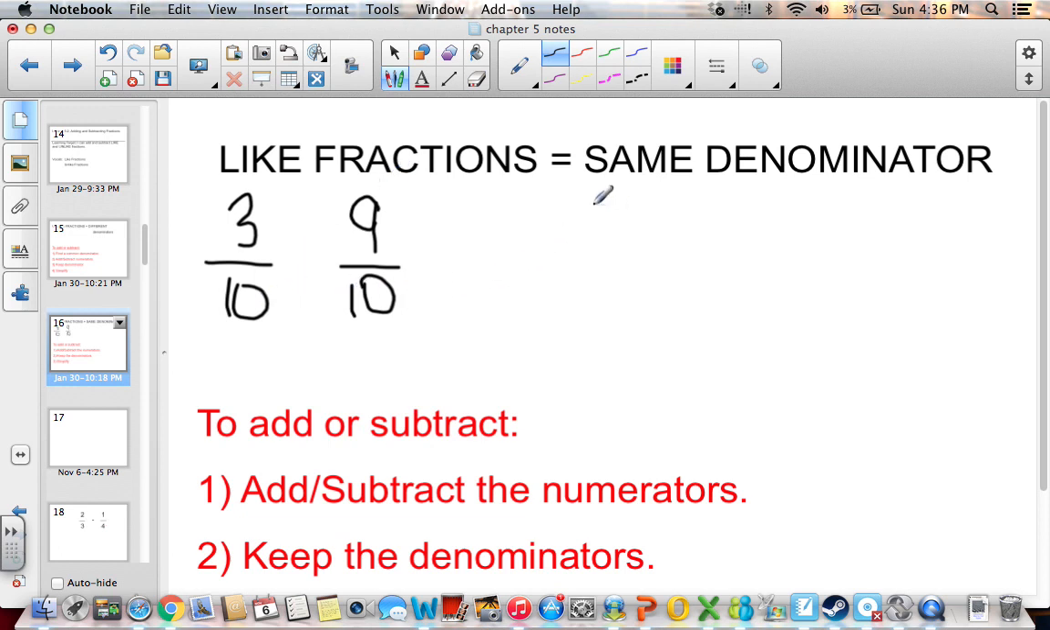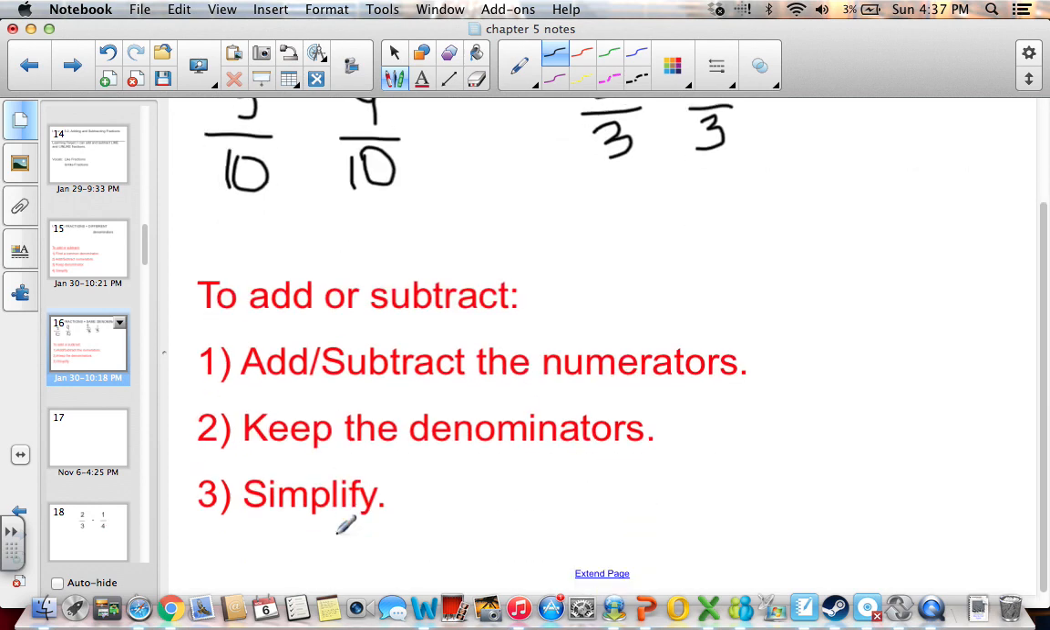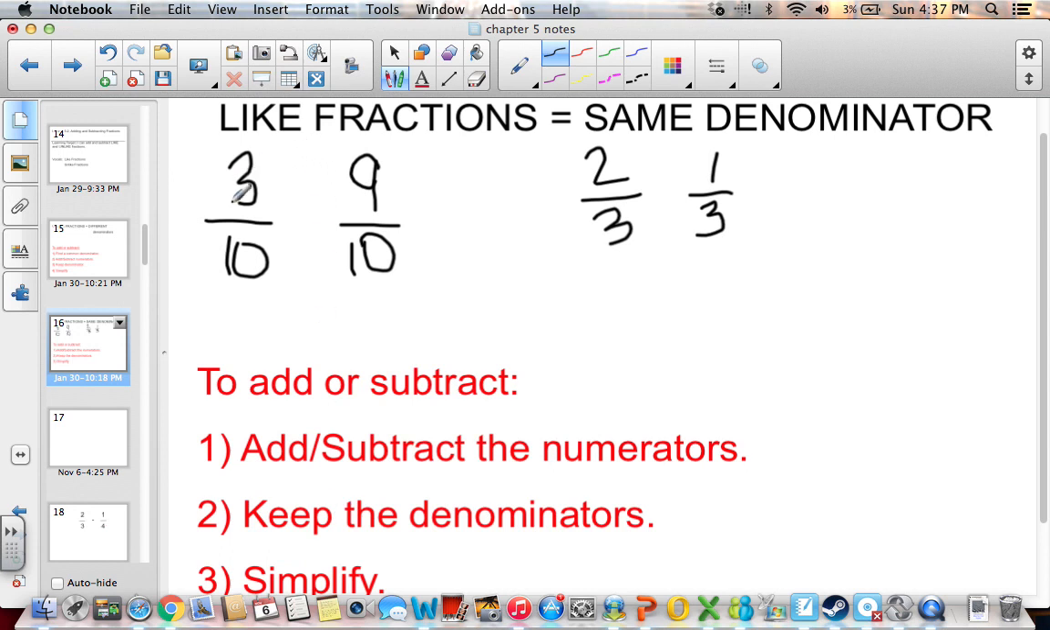Another example would be 2/3 and 1/3. So if we want to add or subtract like fractions, we add or subtract the numerators, keep the denominators, and then we simplify. So if I want to add 3/10 plus 9/10,